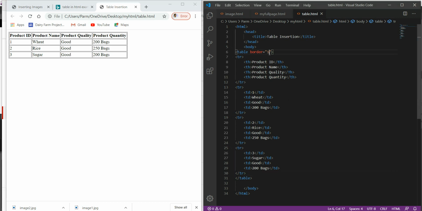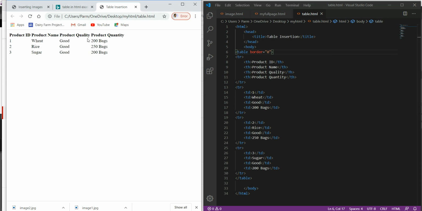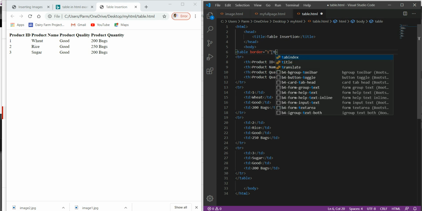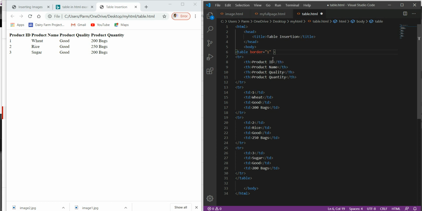If we make border equal to 0, save it and see the effect. Now this table becomes borderless. We have other attributes over there, like title and cell spacing.